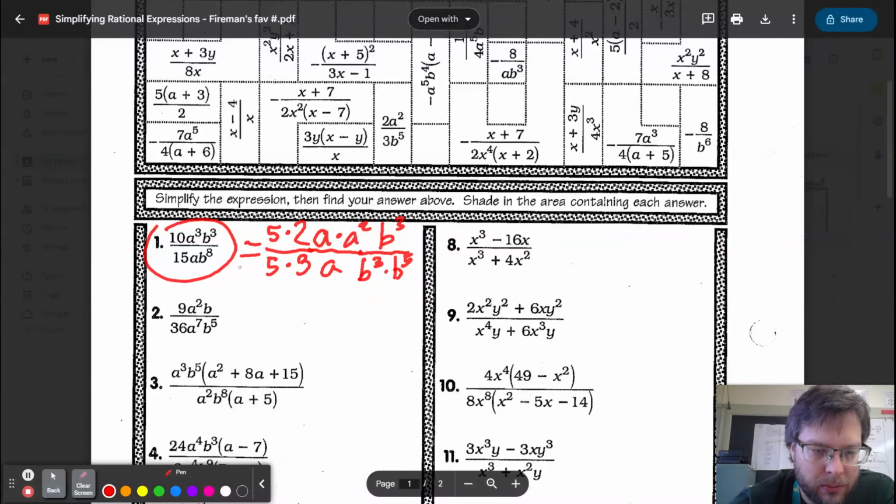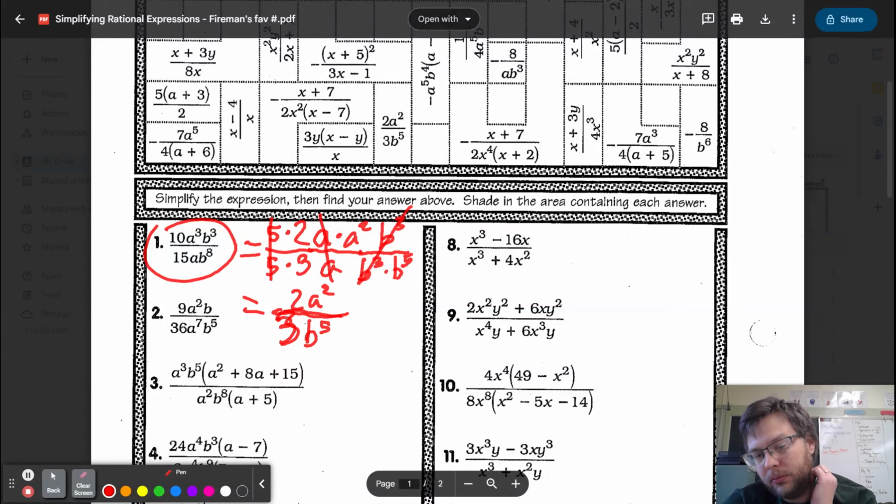If you're doing your own worksheet and you just want to skip to, I know that 10 over 15 is 2/3. I know I can cancel out one copy of a. I know I can cancel out 3 copies of b. If you just want to skip to the answer of 2a squared over, I almost forgot my fraction, 2a squared over 3b to the fifth, you can skip to that answer. I just wanted to show how I got it. Really similar process on number two. Why don't we take a look at number three